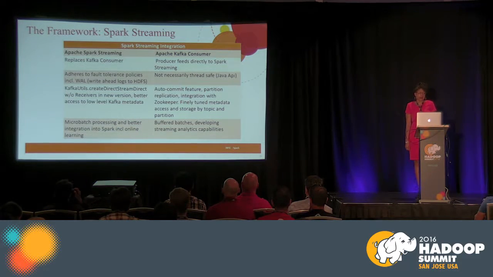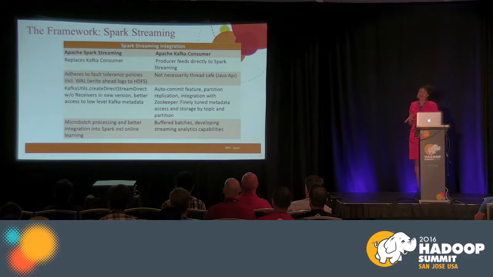Then you have your Spark Streaming, which replaces the Kafka consumer. Normally you would build a Kafka consumer, and initially I did, because I didn't realize Spark Streaming would actually take over the consumer's position. Then I found that out and didn't need the Kafka consumer. But it's really good because you have the write-ahead logs, you have adherence to the fault tolerance policies in Spark Streaming. And then in the new edition of Spark Streaming, you have your direct stream that doesn't use the receivers,